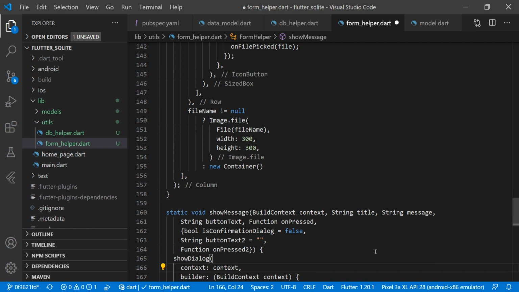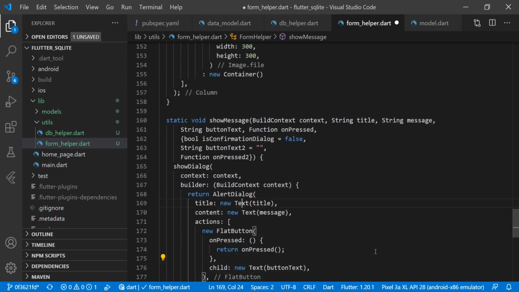Then we have also created one method for show message. Whenever we do any of our CRUD operations of add, edit, delete, we will show a message, like data has been successfully saved or modified, or do you want to delete it, that kind of message. For that we have created one generic method here, that is show message.